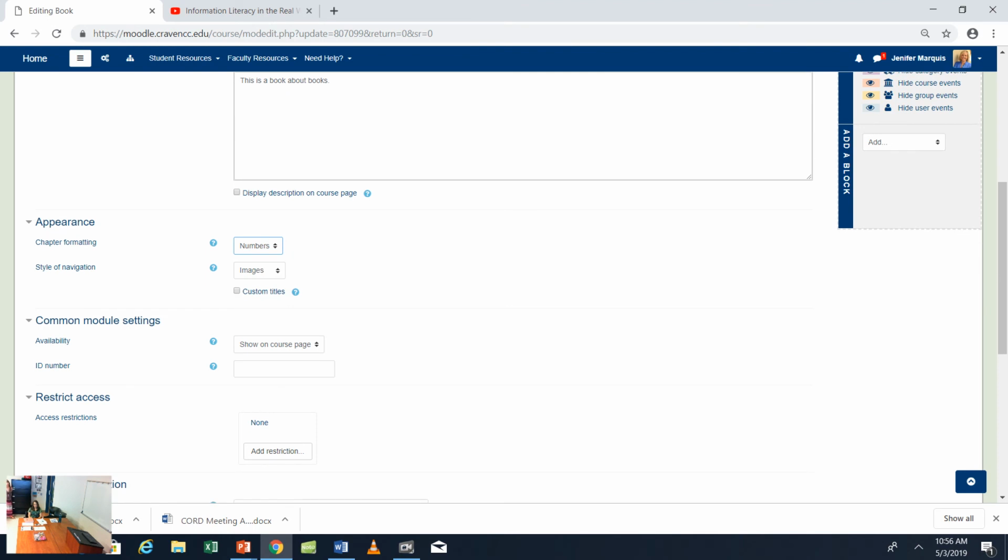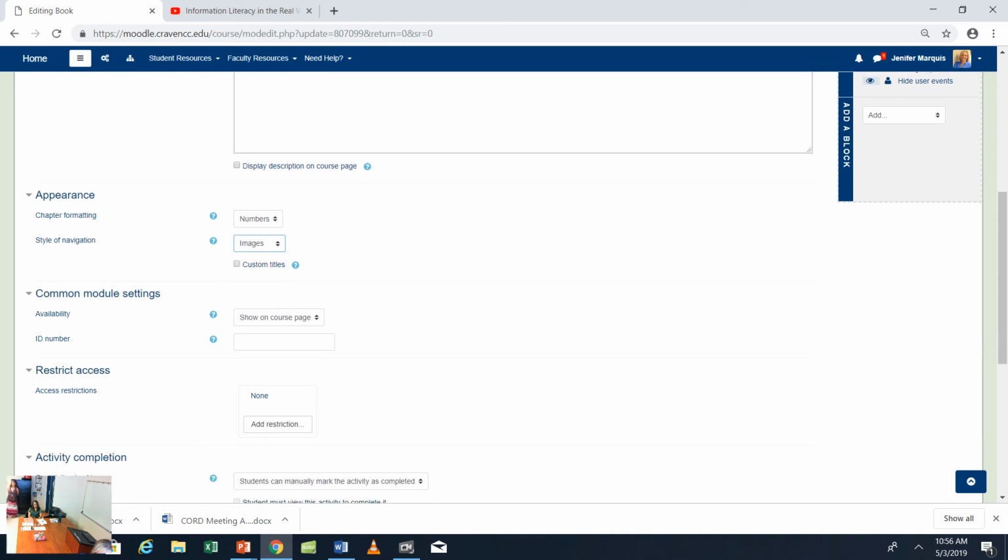Also, the style of navigation: if you select images, that puts those arrows there. That's the arrow that students can click on to go to the next page or to go to the previous page. Or you can select table of contents only, so they would only be able to navigate in the table of contents, not with that arrow. Or text, so you could put some text there. I kind of like the arrows, but you could put text and say next or previous, if you wanted to.